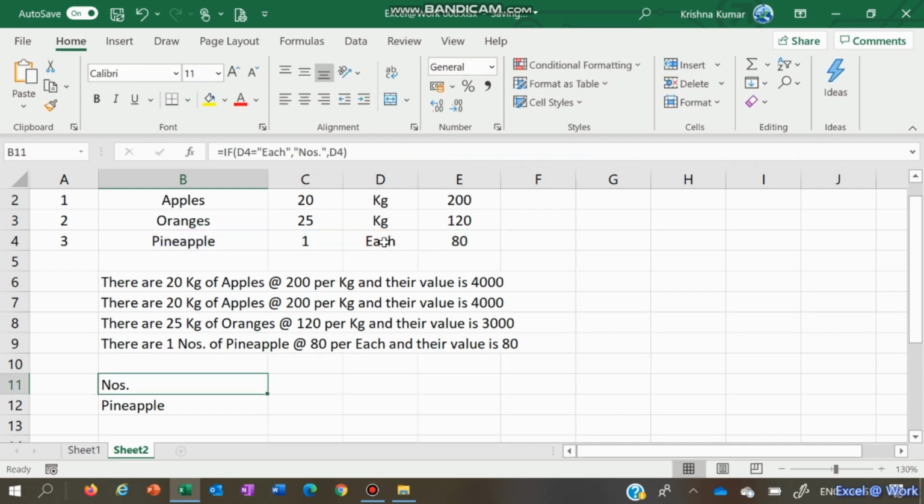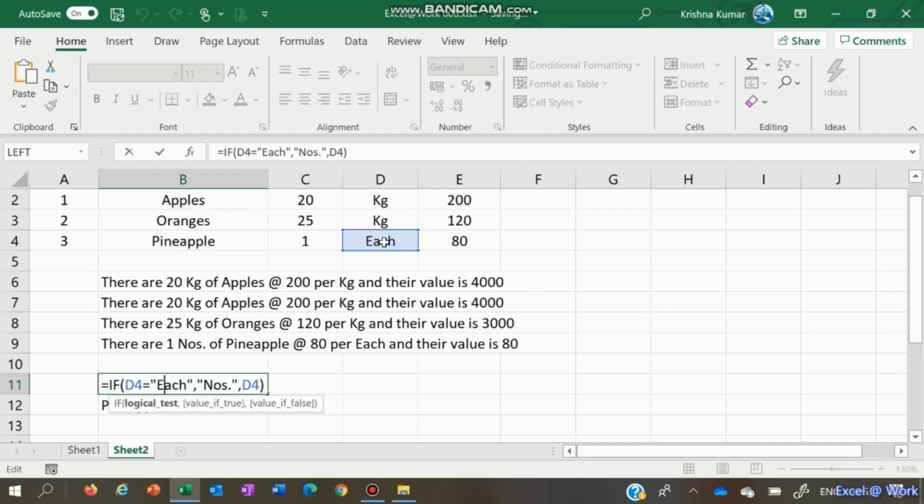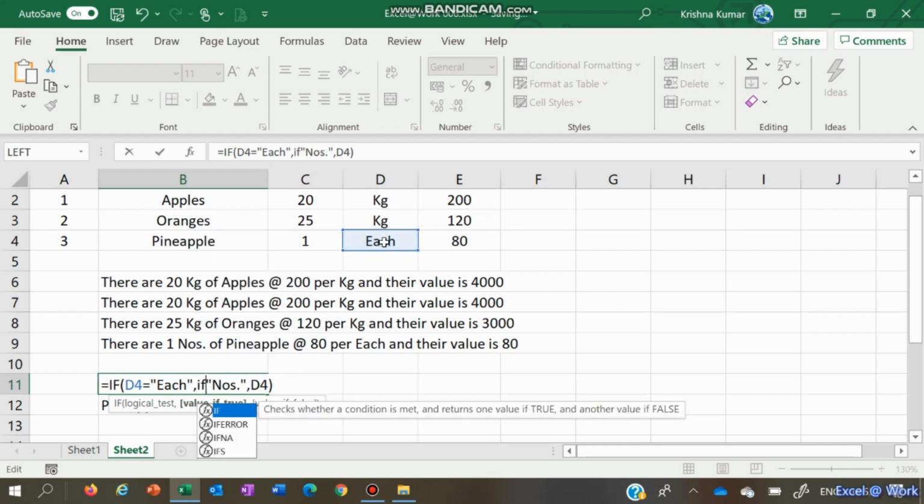So now we say, alright, if it is each and if the quantity is more than 1, only then it is numbers. If not, it is still just a number. So here we write IF D4 is each, and we nest a formula, we put another IF inside an IF formula.